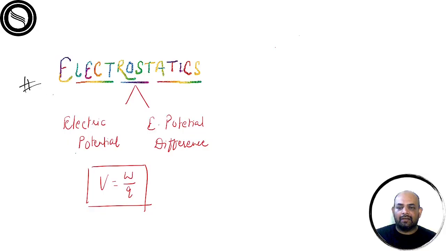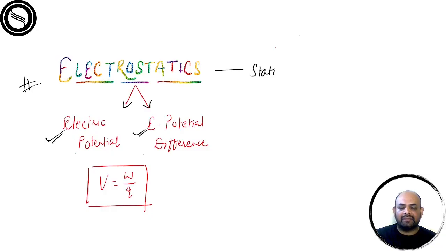Electricity can be divided into two parts, current electricity and electrostatics. Electrostatics is that branch of electricity which deals with charges which are stationary. That's why the word electrostatic comes. Static means stationary charge. So those physical phenomena which are related to a stationary charge are called electrostatics. Here, in 10th grade, we have to discuss only 2 points, electric potential